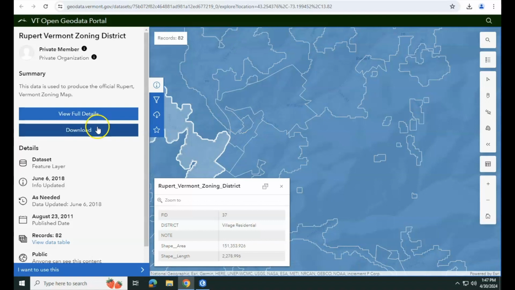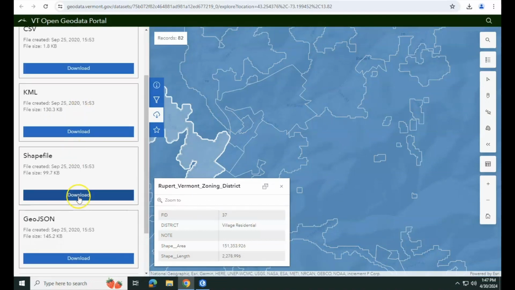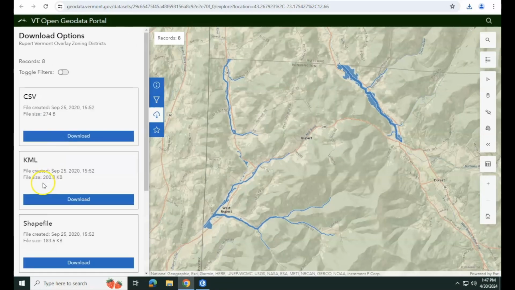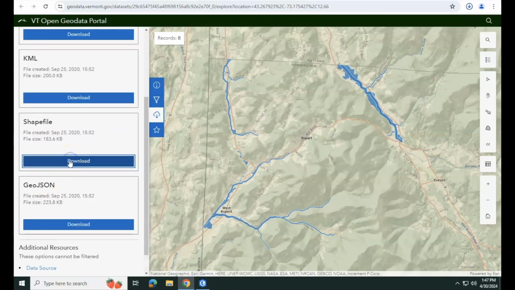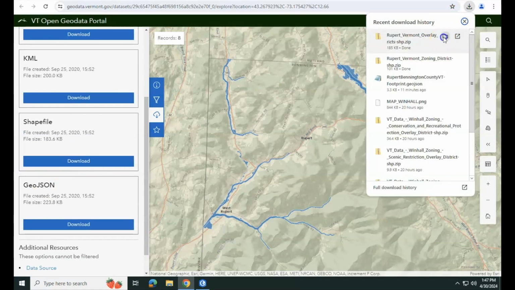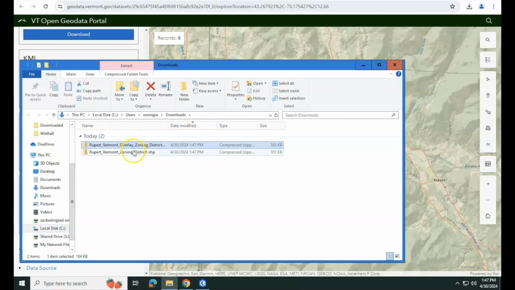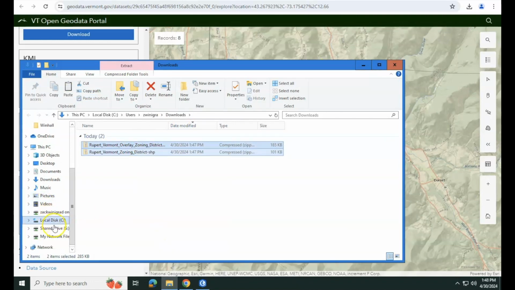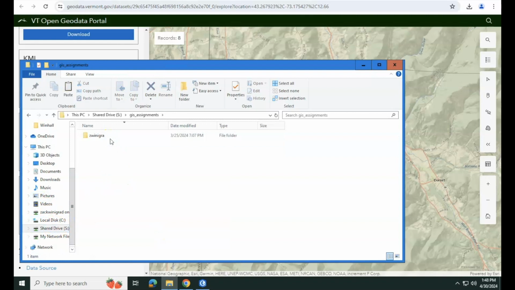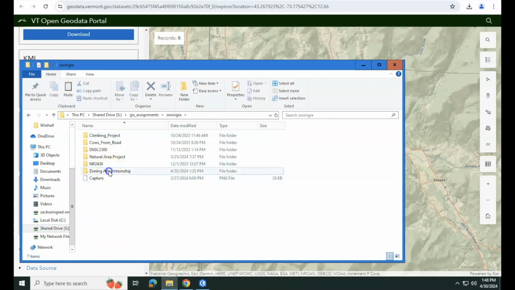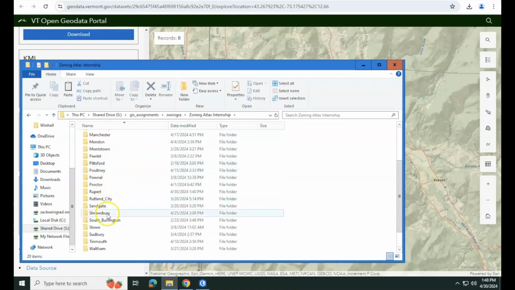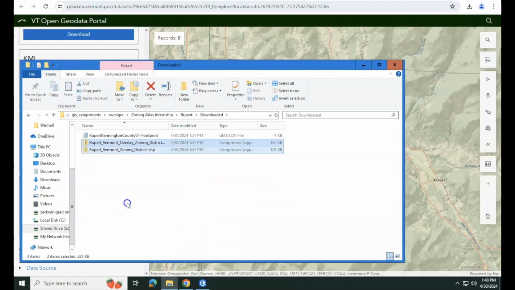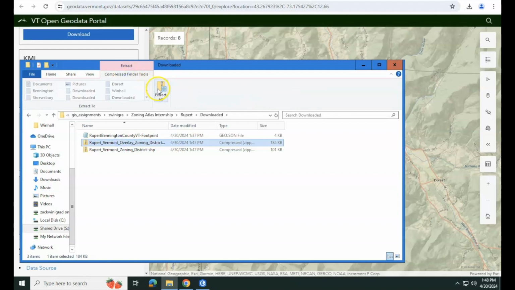So from here, we can click download over here and download it as a shapefile. Same goes for any overlay districts we might find. Again, download it as a shapefile. And then if you go over here, find them in File Explorer, we can cut these and bring them to the same location that we brought the GeoJSON for the jurisdiction border. So Rupert, downloaded, paste these, and then just remember to extract these because these are